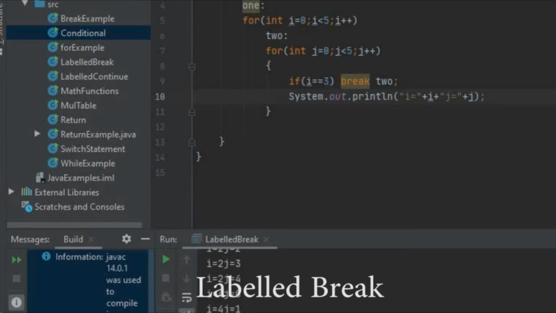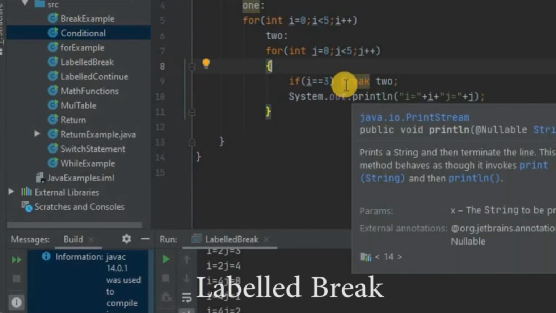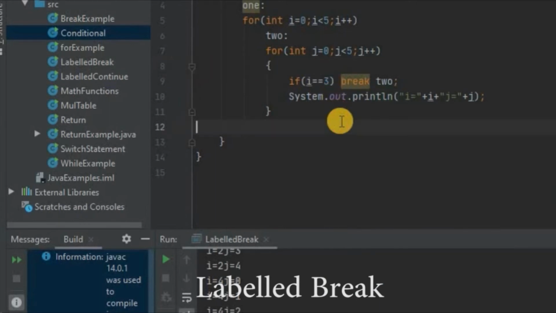That means 3 0, 3 1, 3 2, 3 3, 3 4 are not there. Another advantage of this break is that you can directly come out of two or three for loops. If you want to break two looping statements, then this method is better.